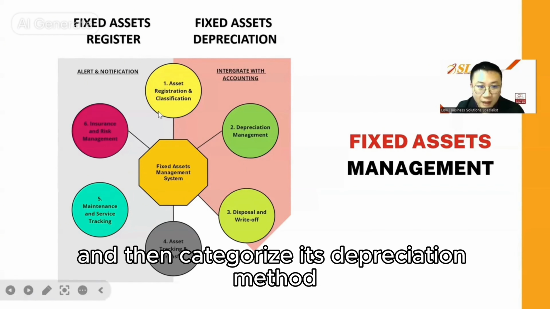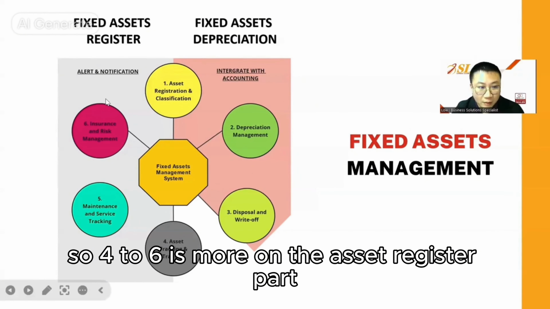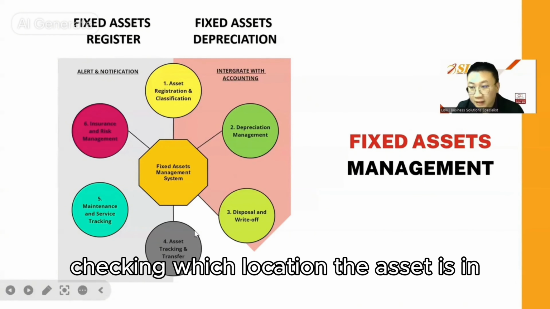So here, it can calculate your depreciation by month. Autocount's depreciation is by month. It can also calculate the disposal and write-off of the asset. That is also so 1 to 3 is more on the asset depreciation part. So 4 to 6 is more on the asset register part, including printing some label, checking which location the asset